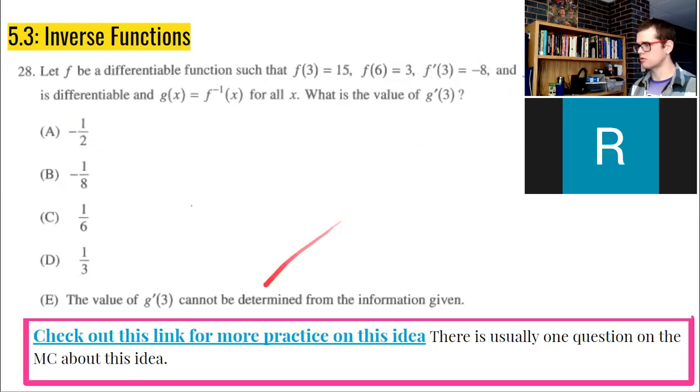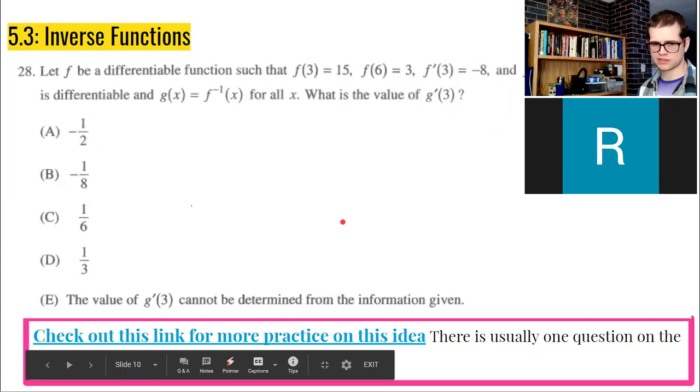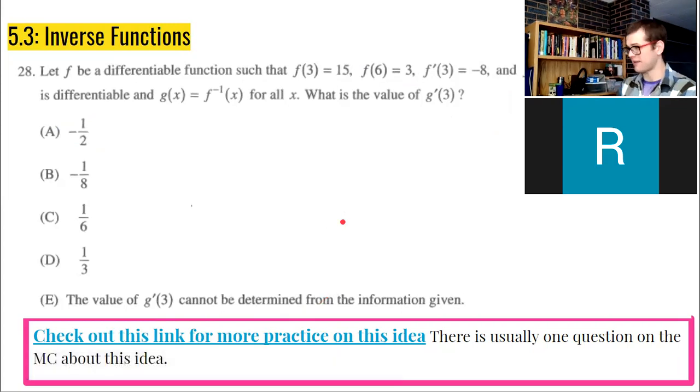Cool. So here is a link to a Khan Academy thing. They have a bunch of practice on this idea. Again, I'm spending a lot of time on this, but this is usually one question on the multiple choice. And that's it. I feel like I'm spending a lot of time talking about this one thing, but